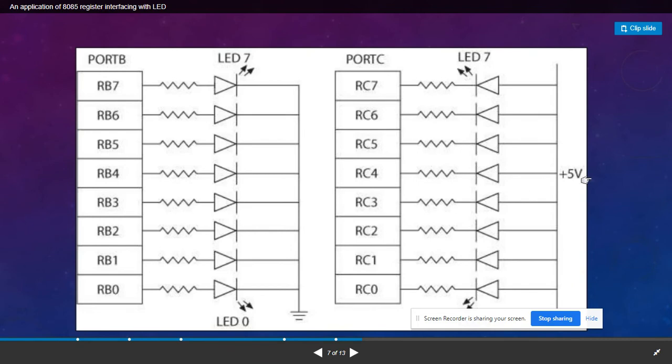For example यहाँ पे +5 वोल्ट दिया जाता है. +5 वोल्ट का मतलब logic 1 will be given here, and that carries out the LEDs on.